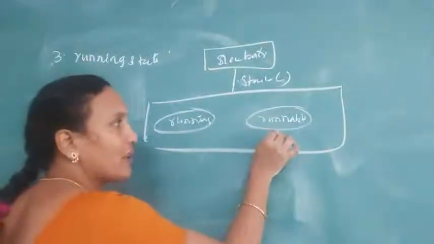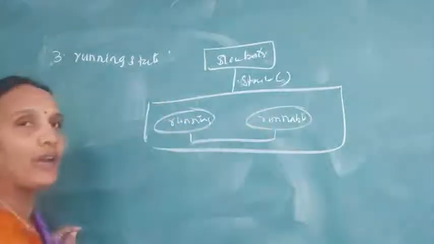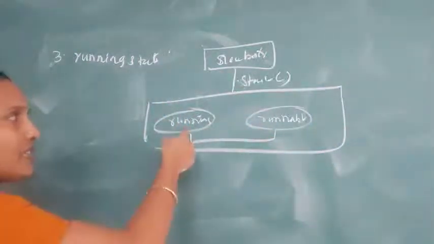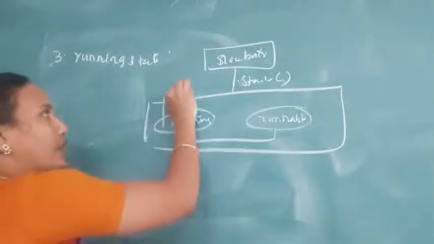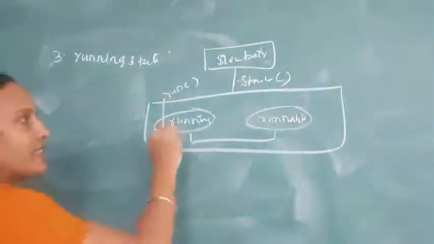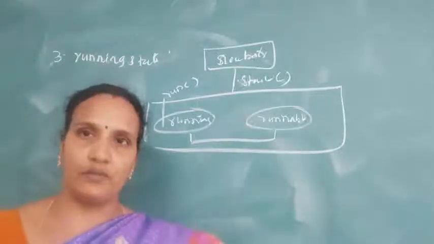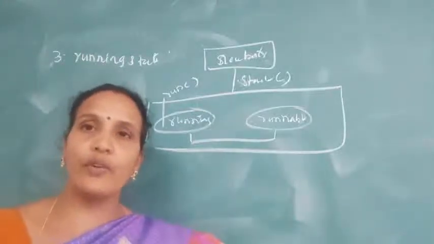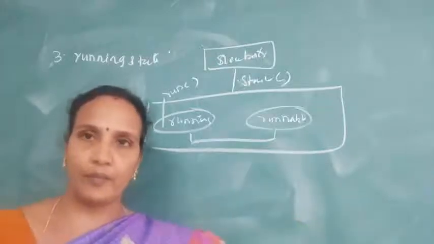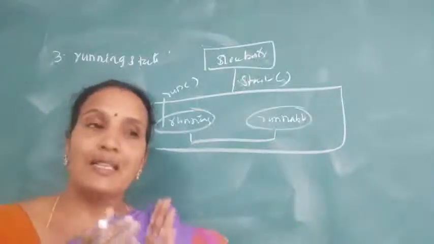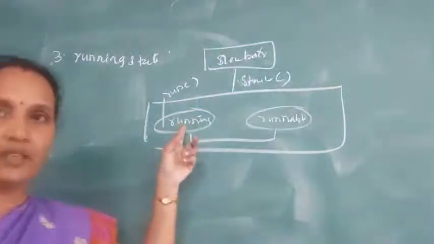For example, the thread got the processor time. Then the thread is moved from runnable state to the running state. Okay, running state means the thread is executing. Actually here the run method is called. So for example, the thread is executing. Meanwhile, it needs some input from a user. So it should move from running state to the waiting state. It is waiting for some input. Okay, understood?